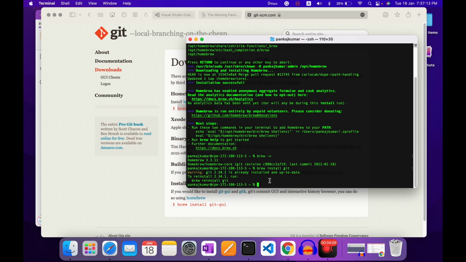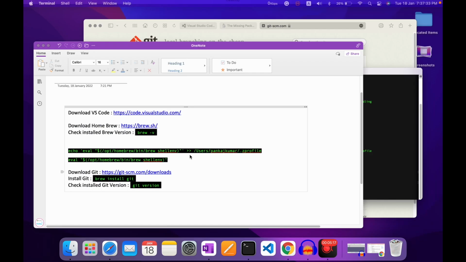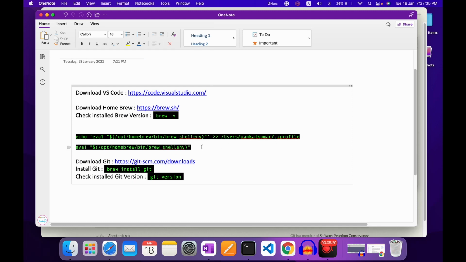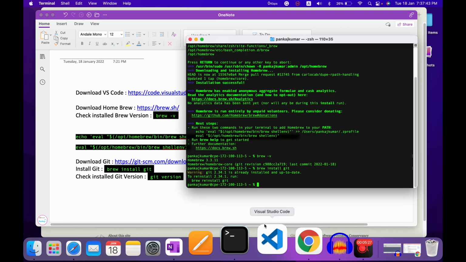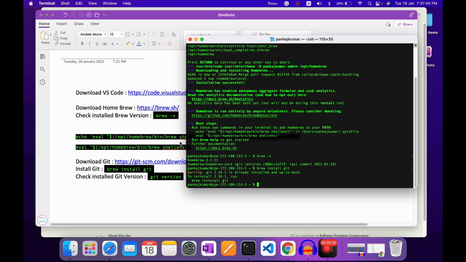If you are the same as me, that's fine. But if you face any error, such as not installed, or you see a warning, it's okay. But if you see an error right here, go to all the links again, where I will give you two commands. Copy the first command, paste it in your terminal, and hit return.